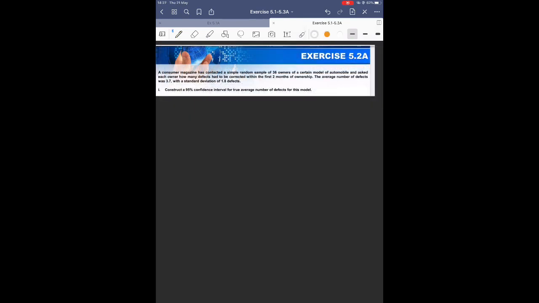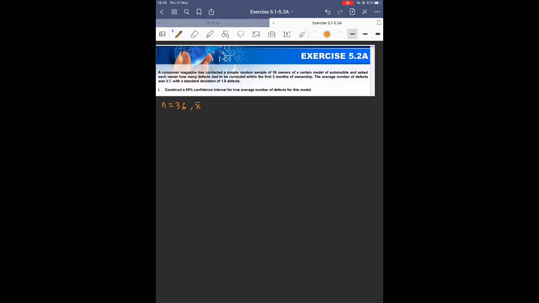Okay, exercise 5.2a. I will leave it for you to try. So we will discuss which formula you want to use. A consumer magazine has contacted a super random sample of 36 owners. So sample size is 36. The average number of defects